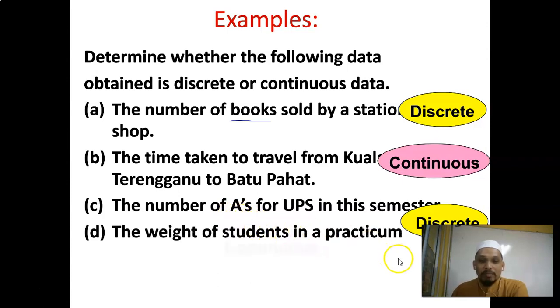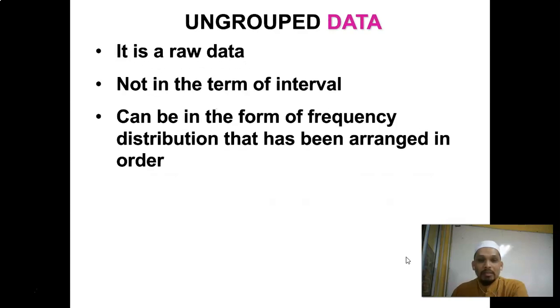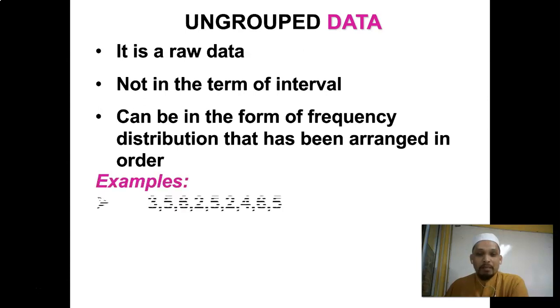The weight of students in practicum, continuous. Okay. So then we classify for the first one here, we call it an ungrouped data, which is raw data, not in terms of intervals, and can be in the form of a frequency distribution that has been arranged in order. For example,